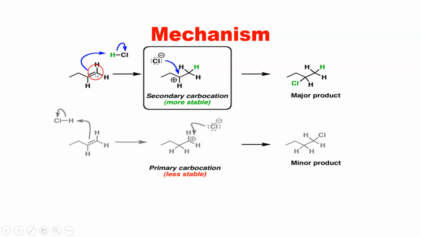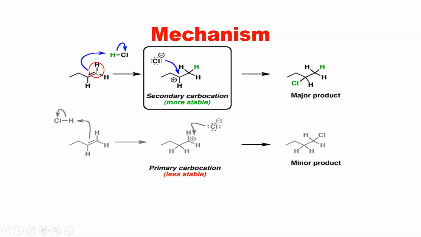And the pi bond, whenever it breaks, carries an electron pair towards a hydrogen. Hydrogen is electron deficient, so that is why the electrons are carried towards hydrogen. Most of the students are confused. What they are doing is circling this hydrogen and keeping it over here, but that is wrong.